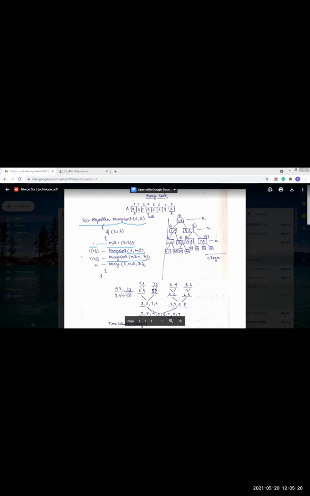So that means if the total time is Tn, then it will take what? It will take half the time to search that part, which is why it is written Tn by 2. The same applies to this statement also. If the total time is Tn, this is the half part, that means it is Tn by 2.